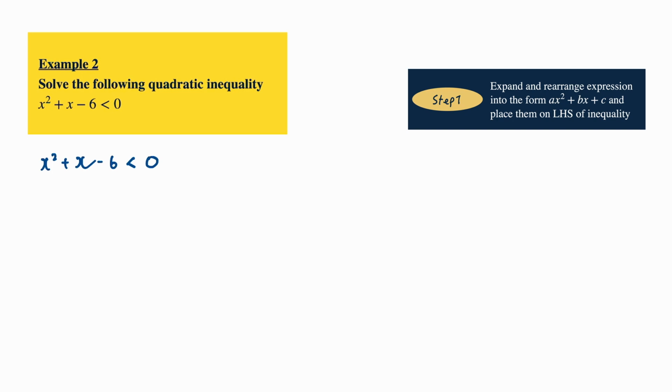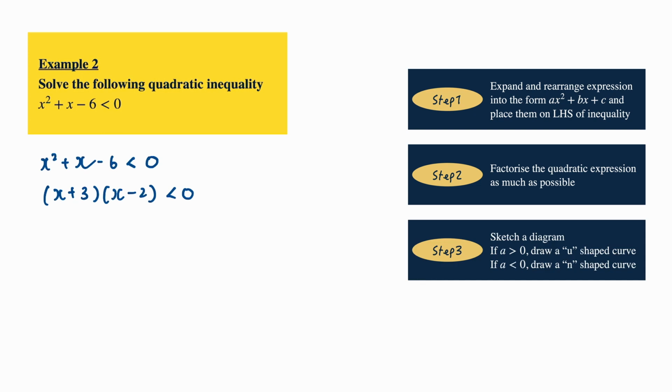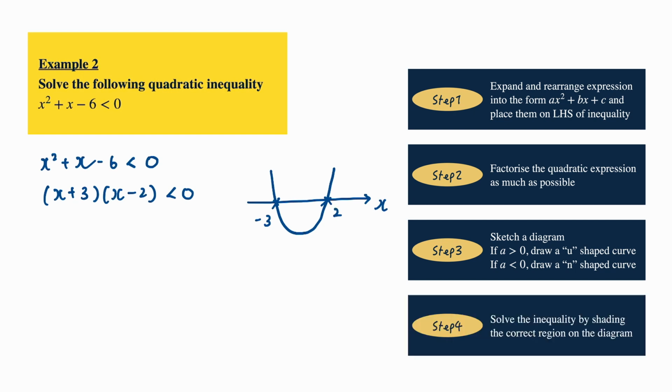Step number 2, factorize as much as you can. This will give us (x plus 3)(x minus 2) is less than 0. Now, the next step is to sketch a rough diagram. Notice that this is a positive quadratic equation, so similar to the previous example, we draw a smiley face and label the intersections as -3 and 2. You notice that the inequality sign is a less than, so let's look at the negative y region over here and